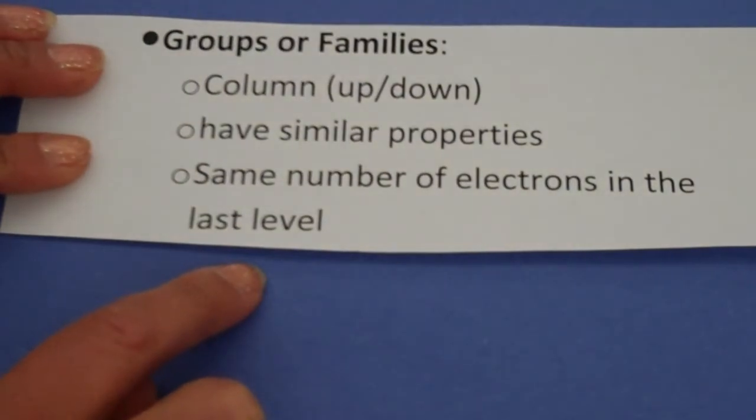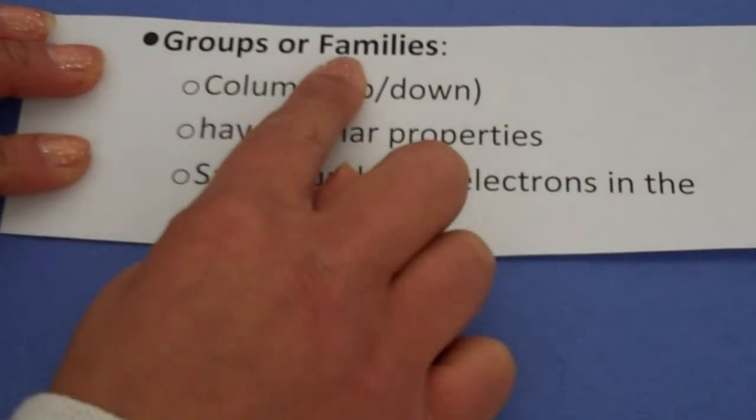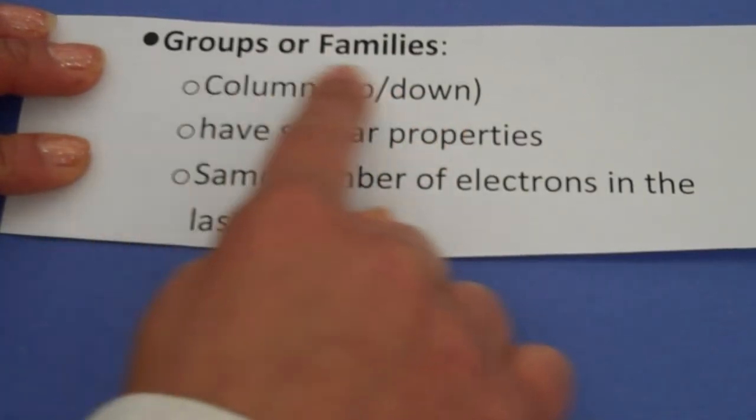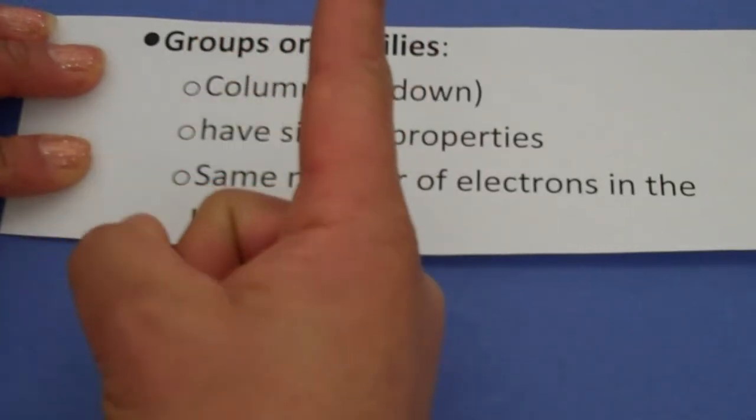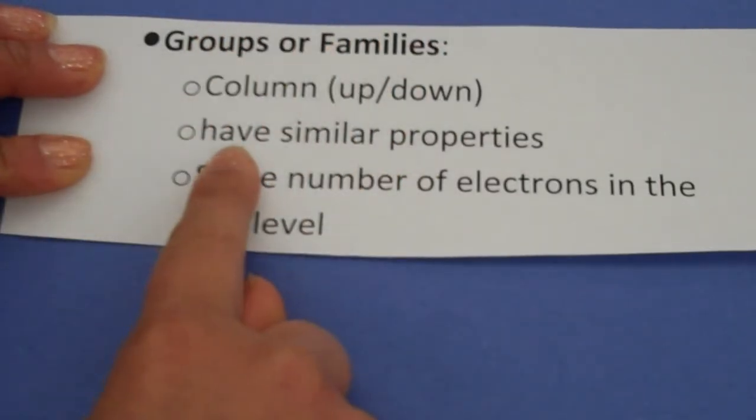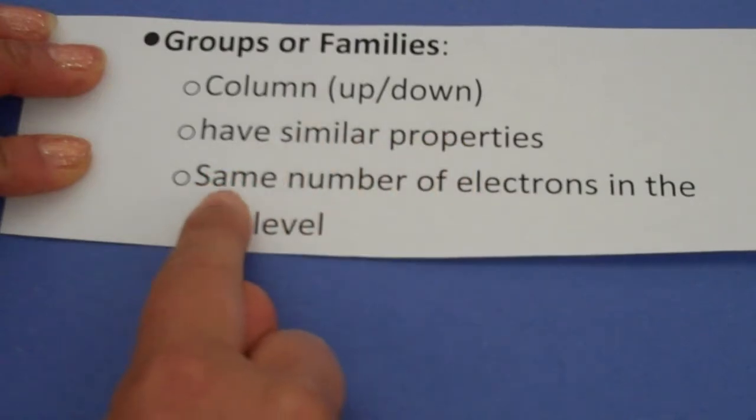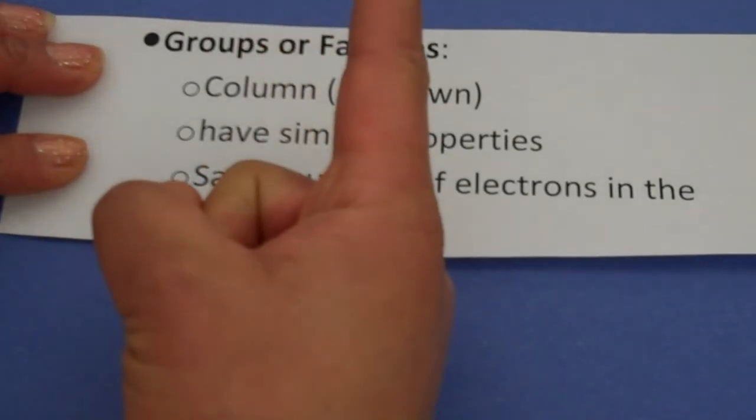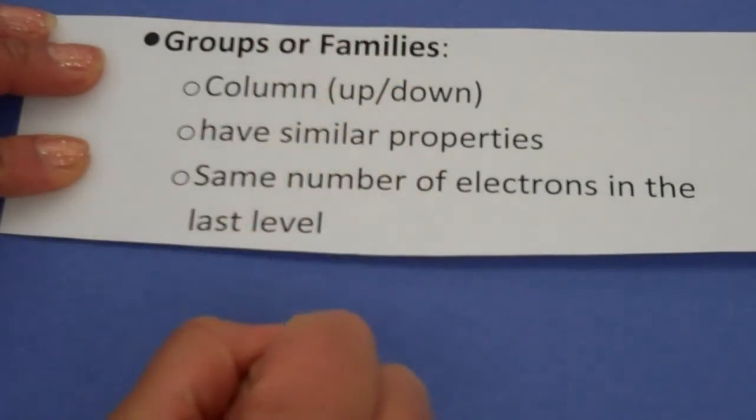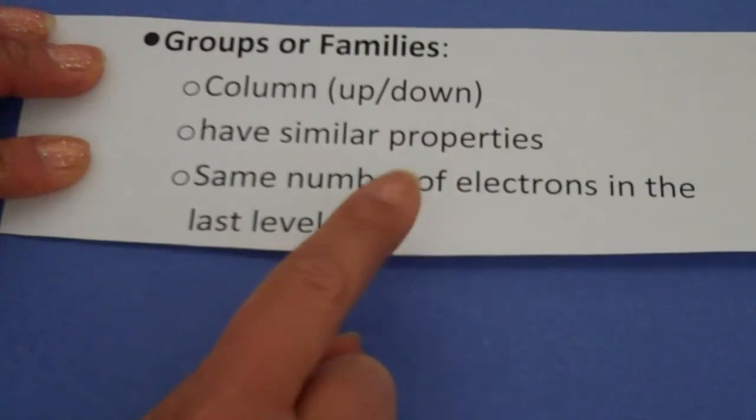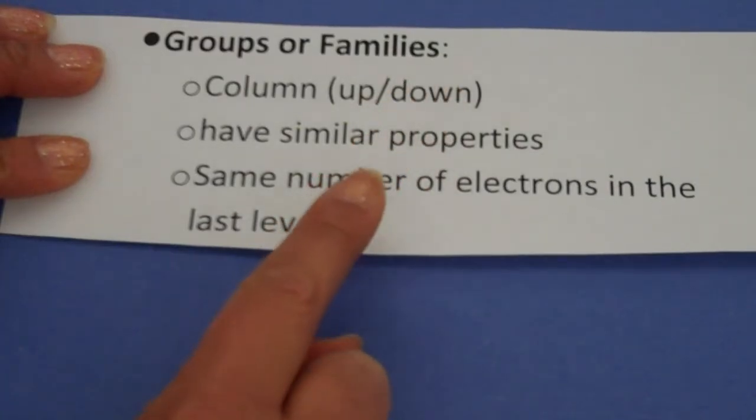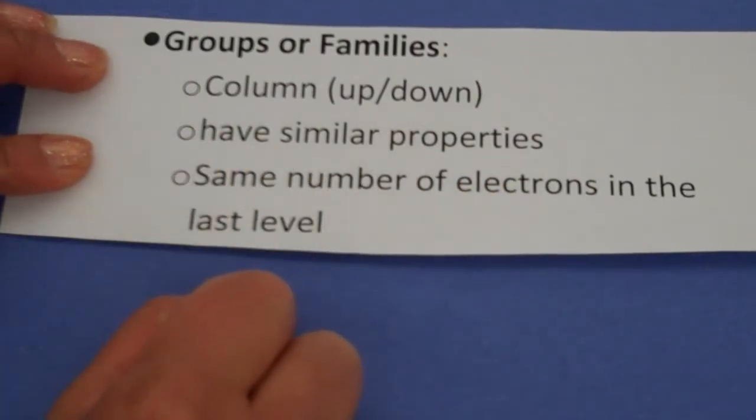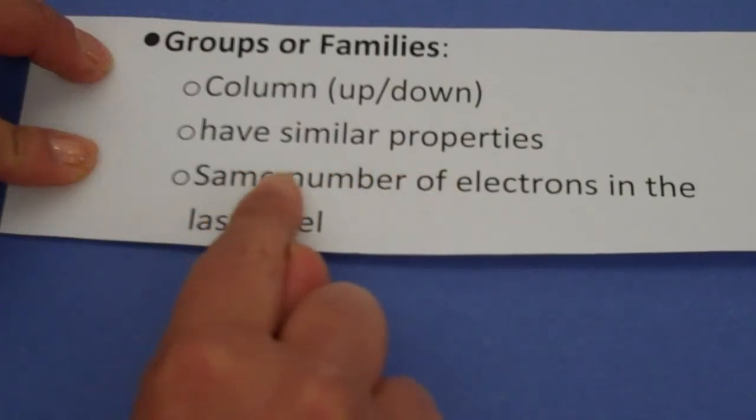Also, on the modern periodic table, there are groups or families. Columns that go up and down are called groups or families. So that's this way, the way I'm holding my finger, the vertical, have similar properties, the same number of electrons in the last level. So in other words, if you looked at a family or a group that goes this way in the column, they would all have a similar reaction or would not react to certain things if you were to combine them in an experiment,